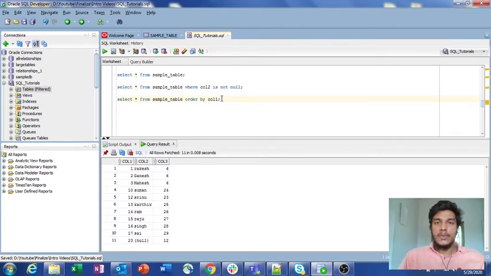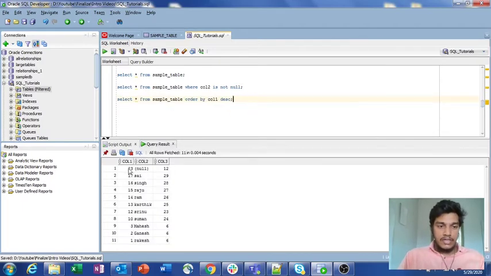Suppose you want to print the records in descending order of that column, then you can specify DESC. If you specify DESC, it will print all the records in descending order of the column 1 value. I am running it.